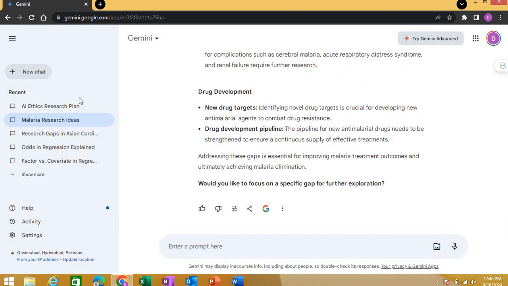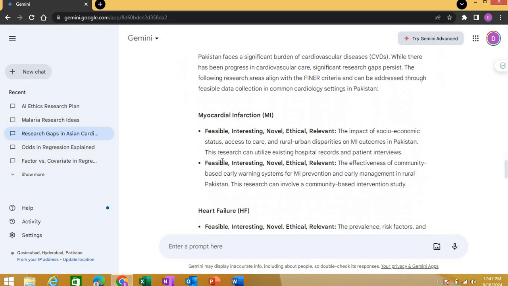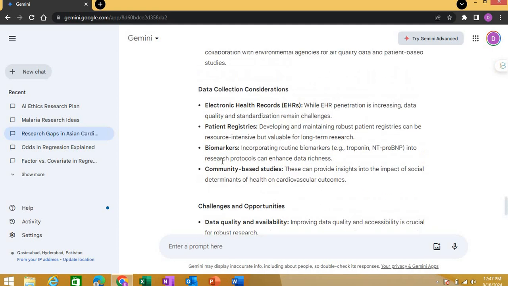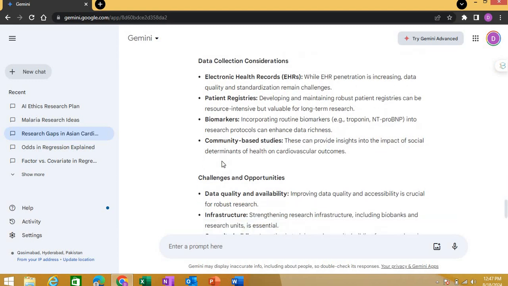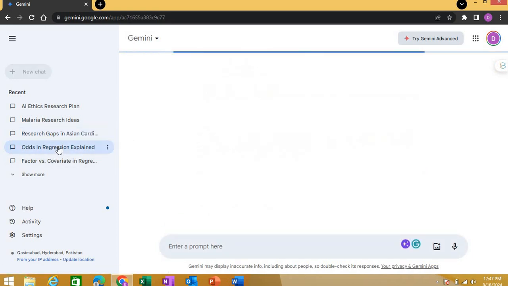Another thing that I did was looking for research gaps in cardiology in Pakistan, and to find a framework, and it gave me some different gaps related to cardiology, such as myocardial infarction, heart failure, and other cardiology problems, and it gave me the options for data collection considerations. It gave me some challenges and opportunities, and I even asked prompts like I was showing in some tutorial on